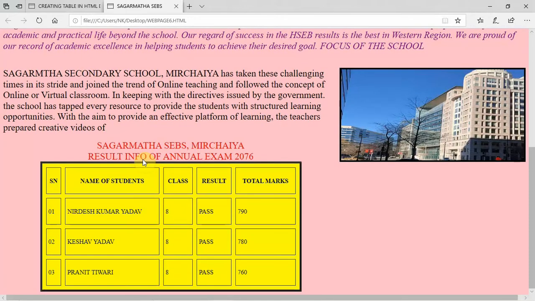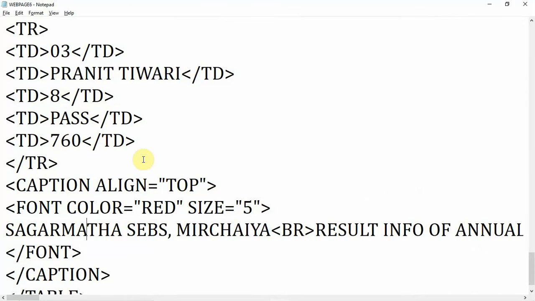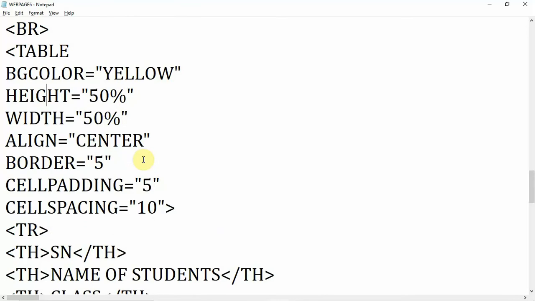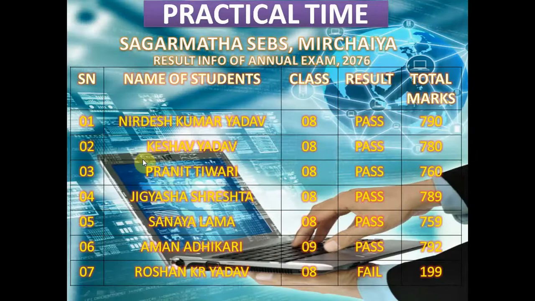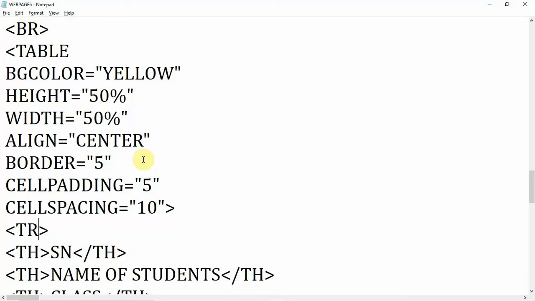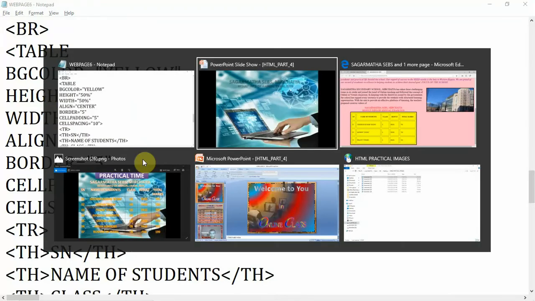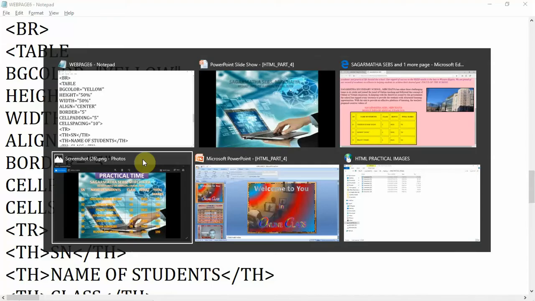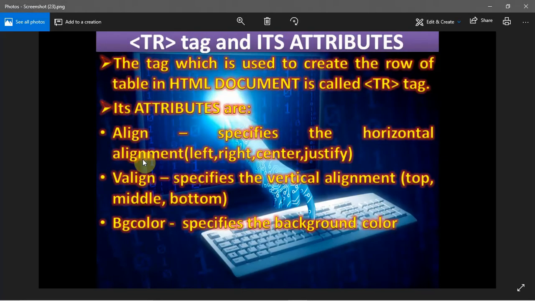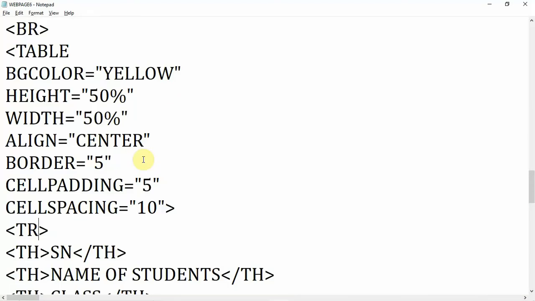Now I want to show you how to use the different attributes. First, I want to show you the attributes of the TR tag. What are the different attributes that can be used inside the TR tag? So come to another page here. Here you can see the attributes of the TR tag. First are align, V align and BG color. I want to change